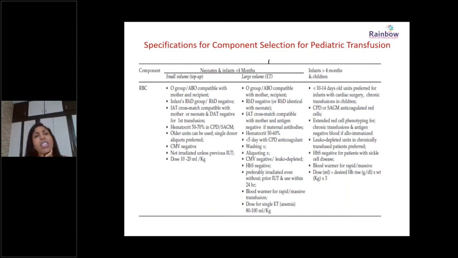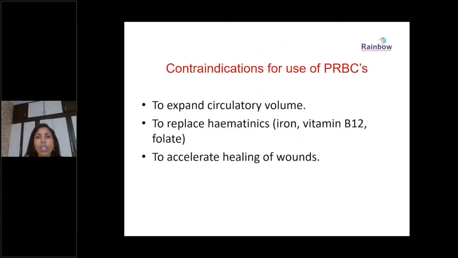We always irradiate these blood products, even if it is PRBC, because it has to be CMV negative when we are handling neonates, or even when we are looking at the situation where we are going to go for transplantation for any hematological conditions or malignancies. In those situations, one has to irradiate. Other than neonates, those are the other indications. We'll come to the irradiation indications later.